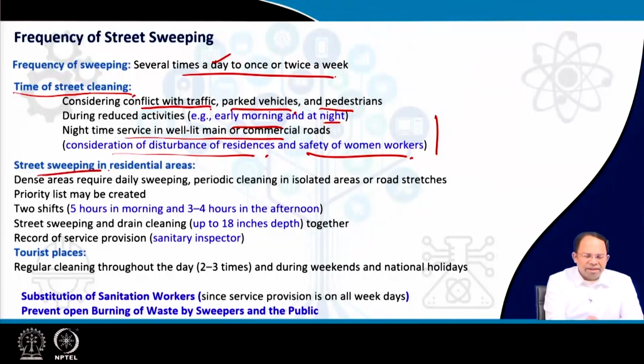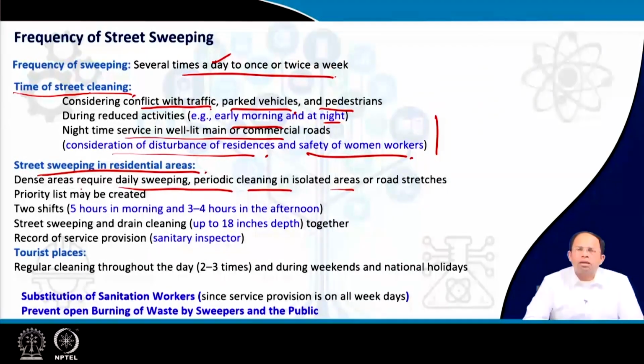So street sweeping in residential and dense areas requires daily sweeping, with periodic cleaning in isolated areas or road stretches. The denser the area and the more activity, the more waste it generates. So definitely we have to clean it more frequently compared to isolated or less dense areas. And so we can create a priority list for each city, of which roads need to be cleaned and what should be the priority of cleaning for each of these particular